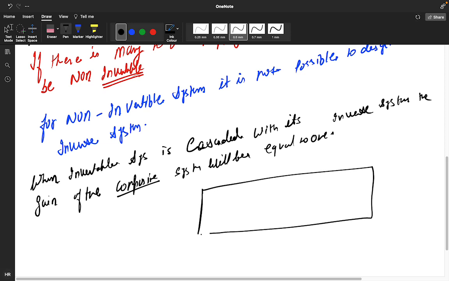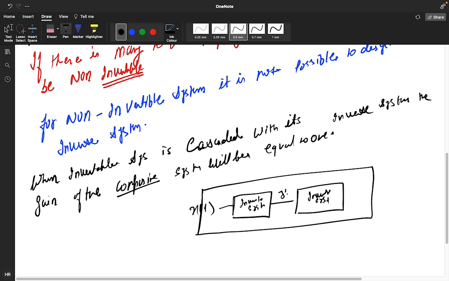So what is the meaning of this? You have one box, and this is an invertible system, then you design the inverse system. So you are giving x of t as input, you are getting y of t as output, so again from the inverse system you will receive x of t. So output by input you are getting 1. Okay,